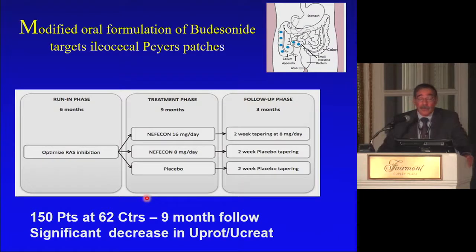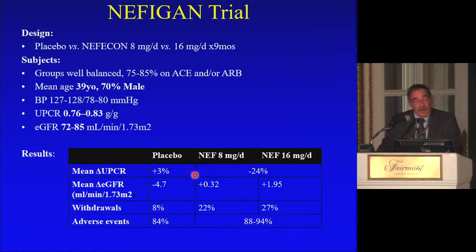One thing that's new for the future is looking at budesonide. Budesonide is a presumably non-absorbed steroid that works in the ileocecal area in the Peyer's patches. Here's a pilot study, high dose, lower dose versus placebo. And when you look at the results of this,